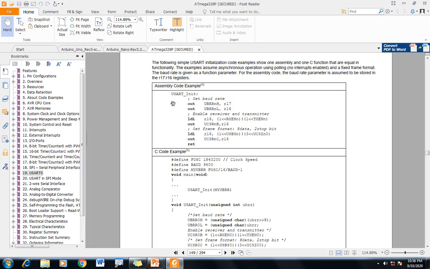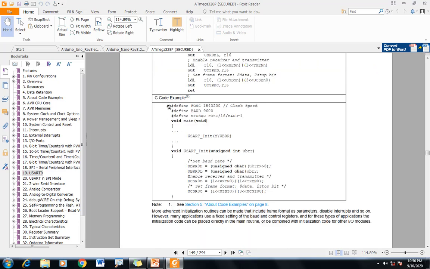This is a code example. If you are writing your own handwritten code without using the inbuilt functionalities, that is APIs, which I showed you the other day, like digitalRead or Serial.write, all those parts. If you want to write your own function for serial print, this is the code.